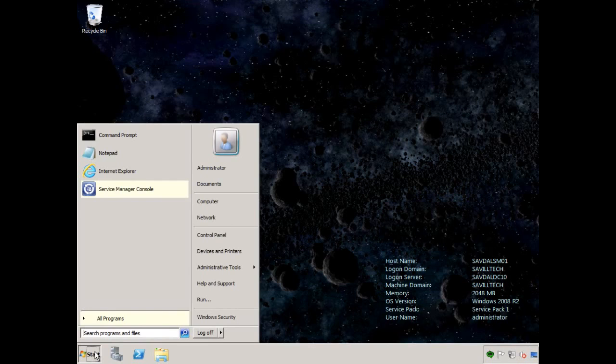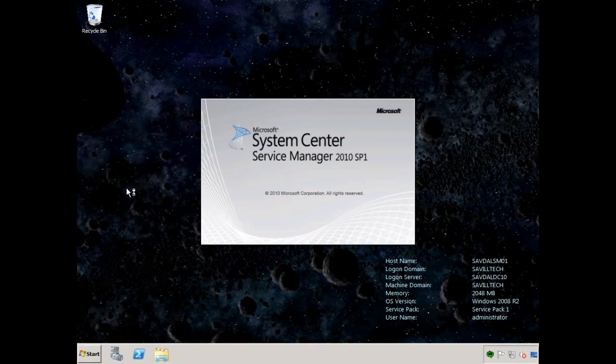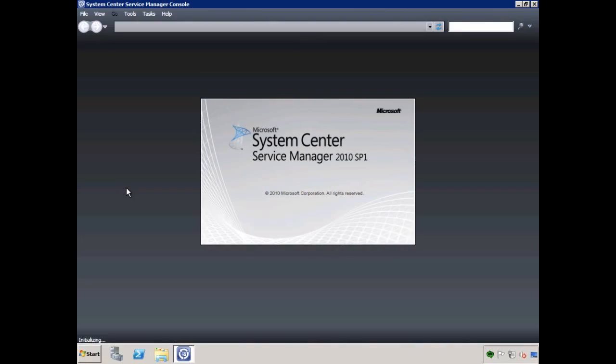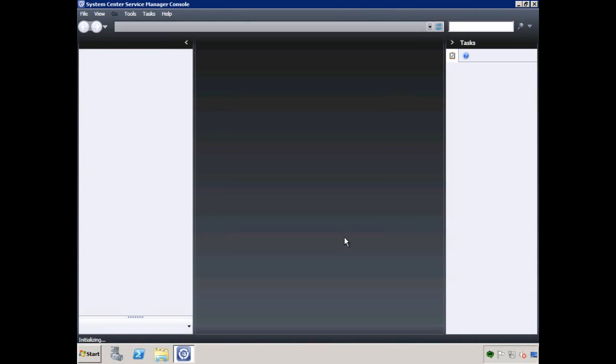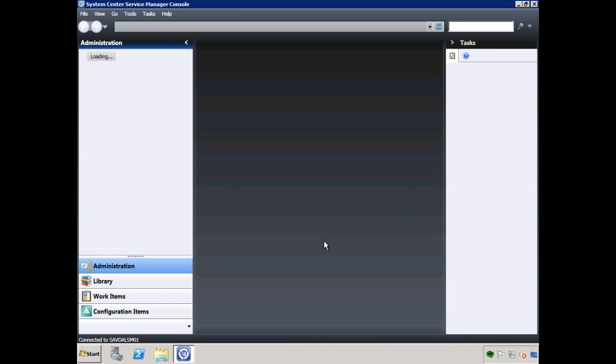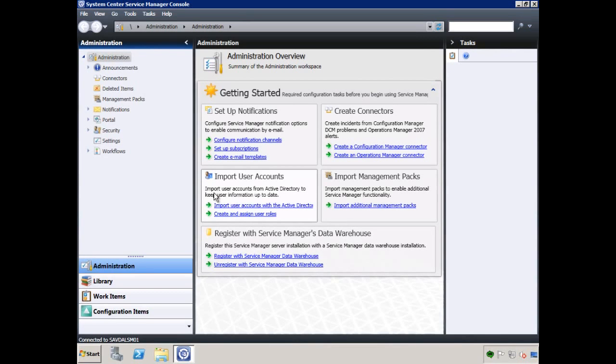At this point I can go in, we've got the console, I can launch it, and we would then start going through and doing our configuration. And here we go. Now we could go through and start doing the configurations and the connectors to Active Directory and Config Manager